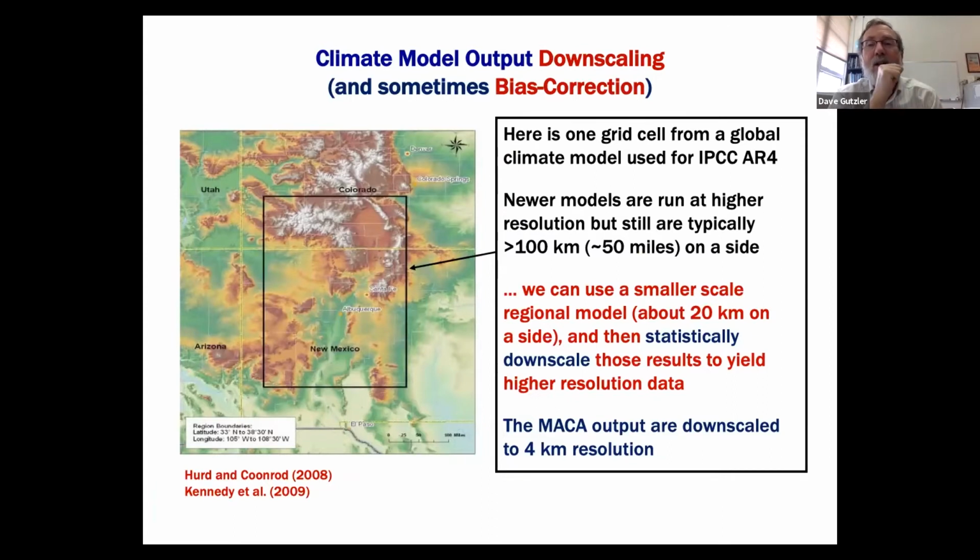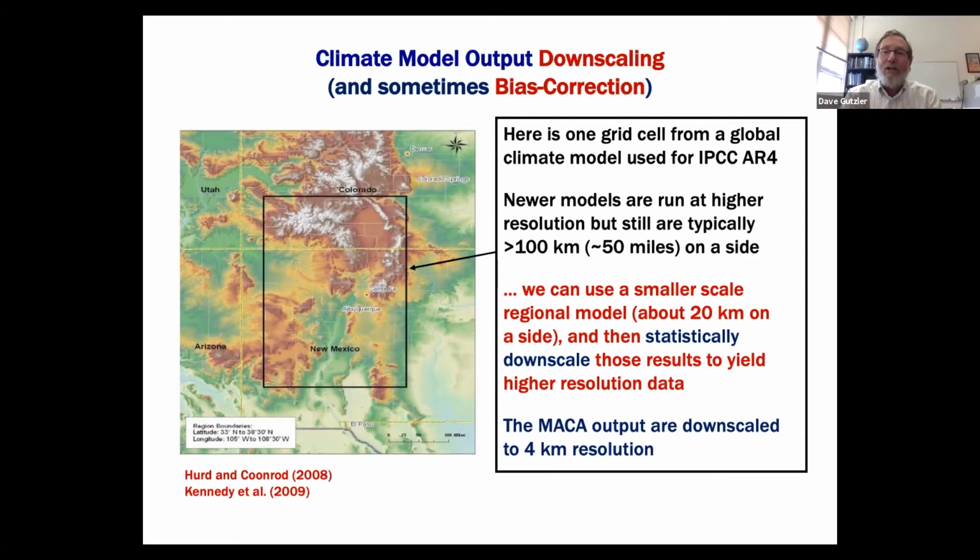And so this is from a paper that I wrote with a student in the class that Kelly took about a decade ago named Tom Kennedy, who's still rattling around UNM. And he was interested in how climate change might affect Gila trout. Well, Gila trout only live in the headwaters of the Gila River, which is one tiny little corner of this big box. So we needed to downscale the climate model output.